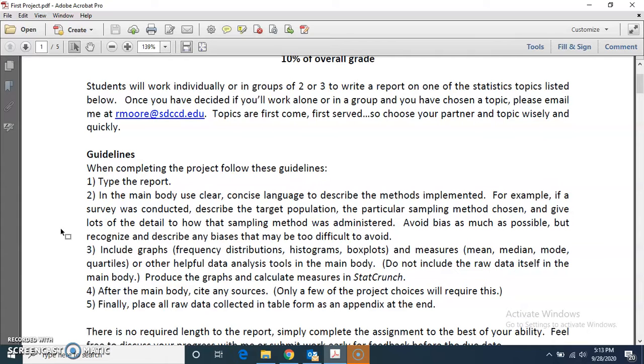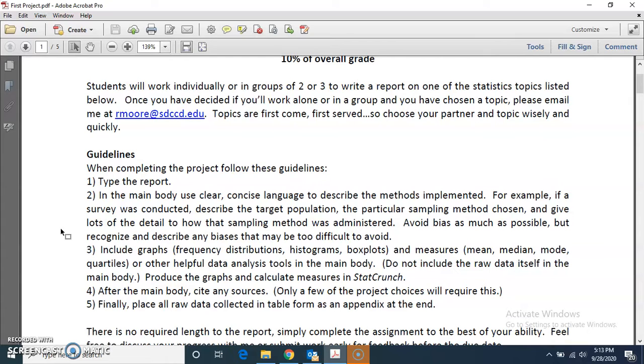Okay, number 2, in the main body, use clear, concise language to describe your methods. So for example, if it was a survey that you did, describe the target population, which sampling method did you choose, give lots of detail about how you went about conducting this survey.